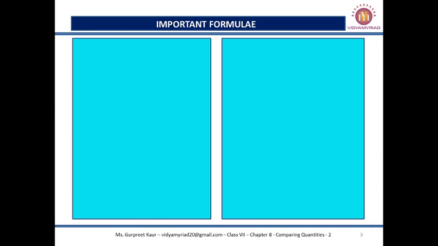Let us see various formulas which we are going to use over here. Number 1, you need to find out what is gain or profit. That can be done with the help of a formula, selling price minus cost price, which most of you must be already knowing. If I want to find out loss, it will be cost price minus selling price.